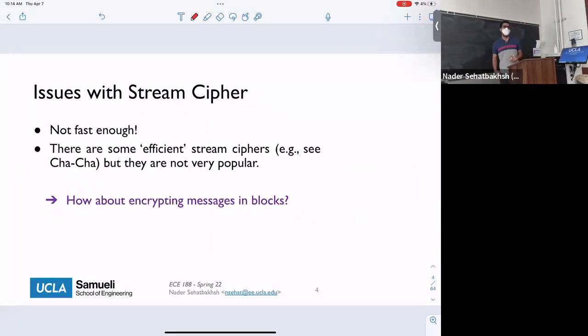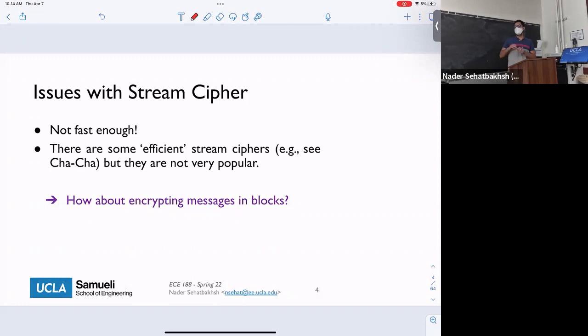All right. So now the last thing we said was basically stream ciphers kind of achieve what we want, but unfortunately it's not fast enough. There are some efficient stream ciphers such as ChaCha and Salsa. There used to be another one called RC4, which is no longer secure because people found a way to actually break it. But generally for modern systems, in order to encrypt and decrypt quite rapidly and very fast, the idea